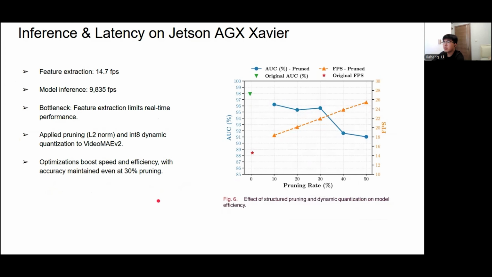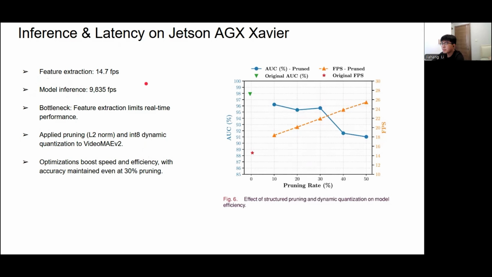Besides performance, inference efficiency is also important for real-world VAD applications, especially on edge devices with limited computational resources. We evaluate both the feature extraction time and the model inference time during the inference phase. We found the feature extraction is the main limiting factor for real-time performance.